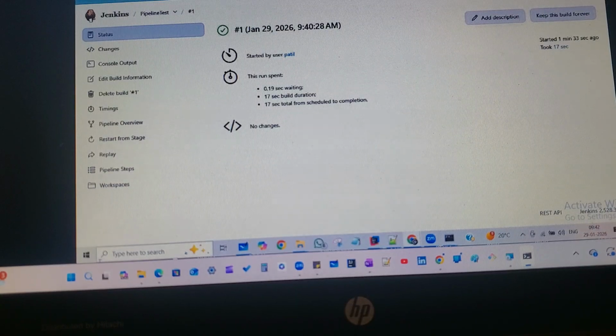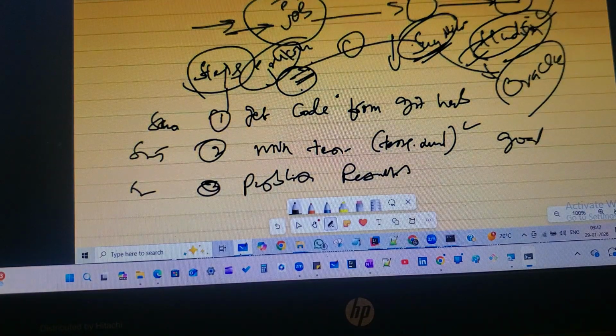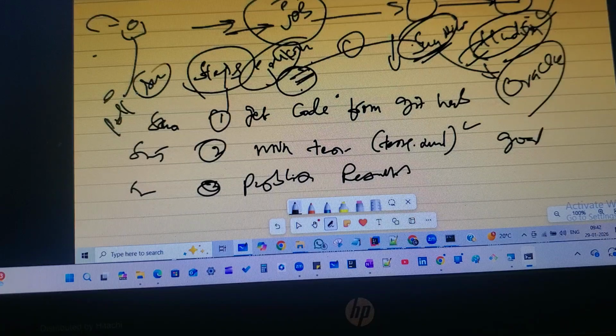Then what I'll also tell you tomorrow is how, whenever I'm making any changes and pushing them to my GitHub, the Jenkins job should run automatically. The Jenkins job should poll SCM, source code management. It keeps on checking the source code management. Whenever there's a push here, it should run. Another way is